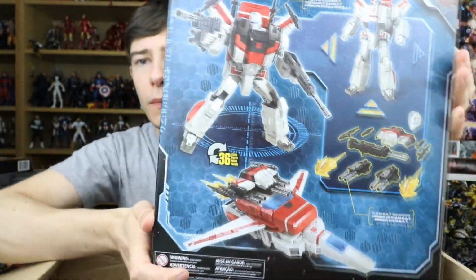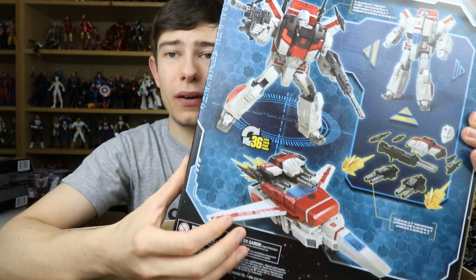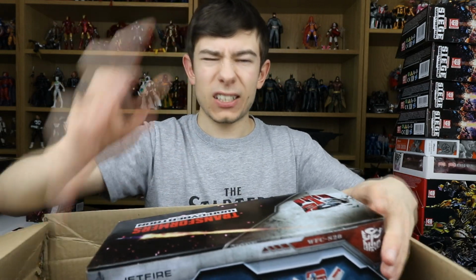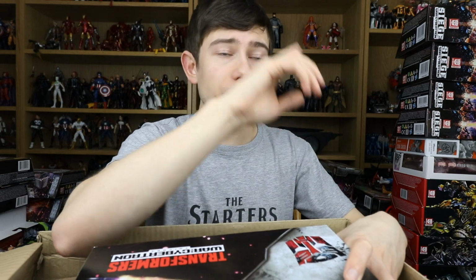Flipping around to the back, look at that for a perfect G1 Jetfire. Literally perfect. And, you know, besides third-party figures, there have not been G1 perfect Jetfires, because G1 Jetfire, obviously, was a completely different toy, looked nothing like the anime and everything. That toy is amazing in its own right, and obviously they've gone for that sort of a look with many toys since. There was the Universe version, which had the helmet that you could put over, which made it look like the original toy. And then you've also got the Generations version, the more recent one,